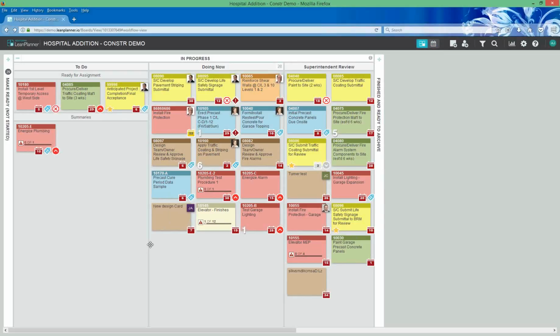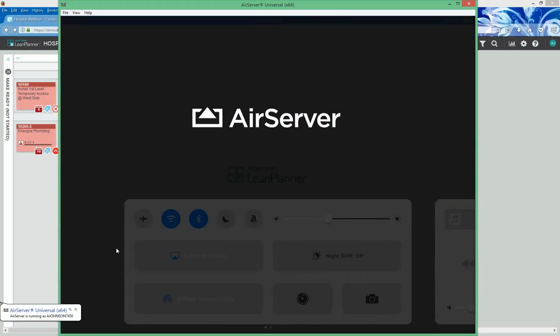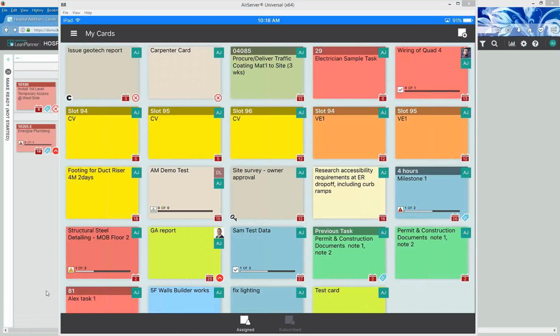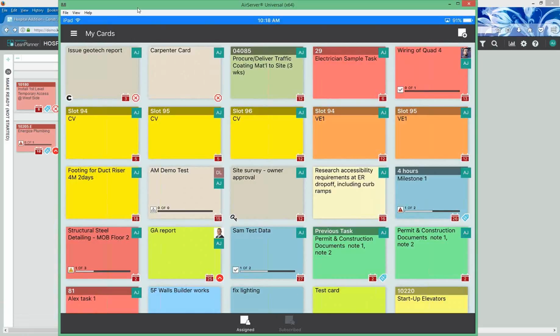A couple other things that we'll touch on real quickly. We've got a mobile app for this, and let me just get this displayed here. I've got my iPad here, and it's just syncing to my laptop screen. The idea with the mobile app is you can still view cards on a board-by-board basis, but the web interface is really about looking at the work from the perspective of the team.